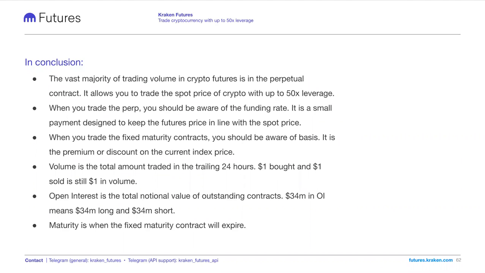Gary, is the max leverage the same for all countries and also all contracts as well? So the max leverage is slightly different for contracts. I think the Bitcoin Cash one is slightly lower, but the leverage is set by your investor type, whether you're a retail or professional. It's not set on geography.